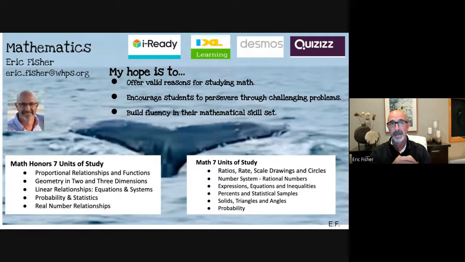There'll be many challenging problems for all of them, and my hope is that they continue to struggle and work through them. From that, I think they'll have a much deeper understanding of the math we're learning. And that's something that can carry on to other subjects as well. I think that's all I have.